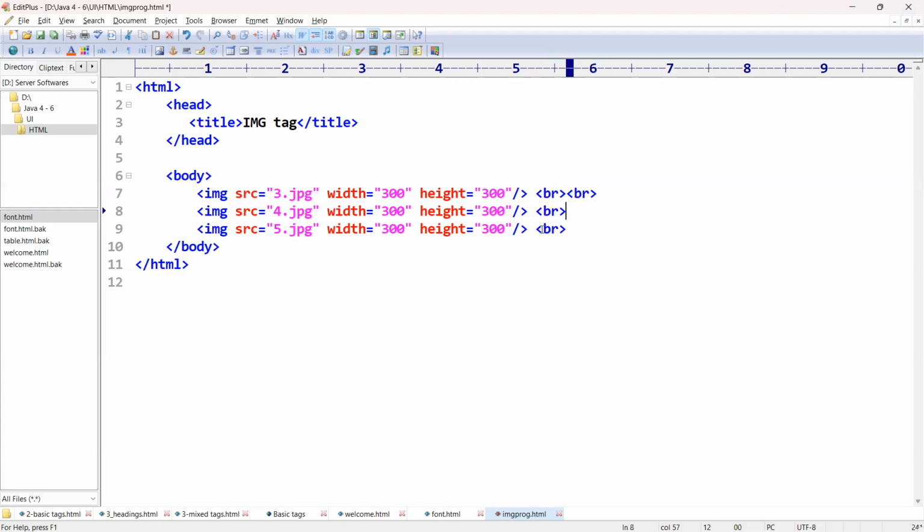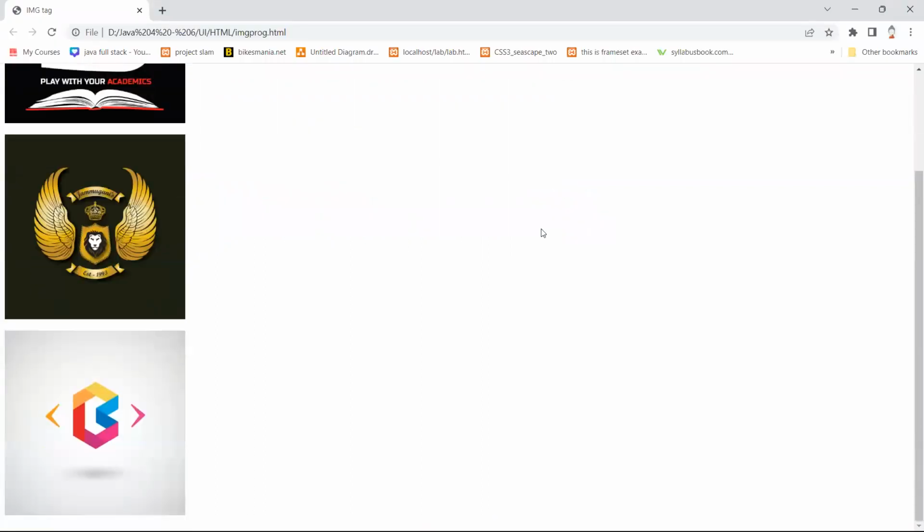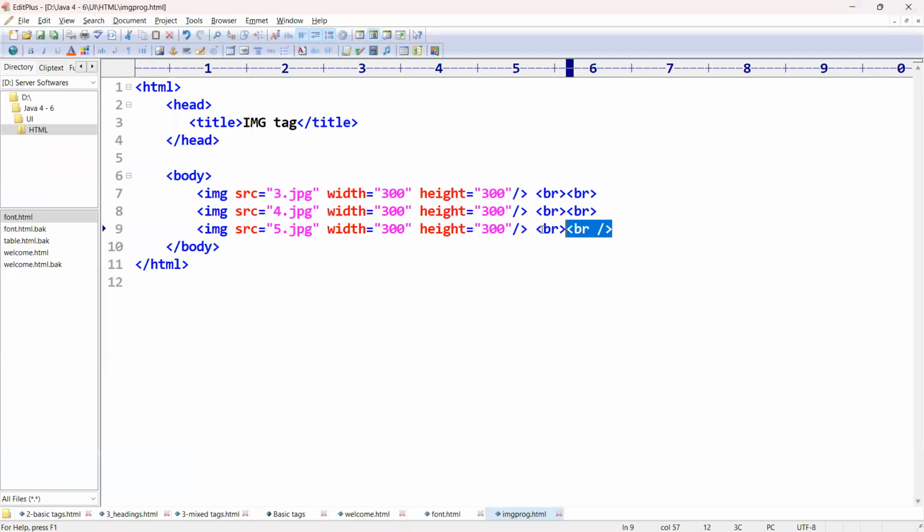Okay. Yeah, we just give it like this. Okay, this is actually the standard way of giving the break. Try to do that whenever needed. Just try to give the BR like this. All right, fine. So this is okay because